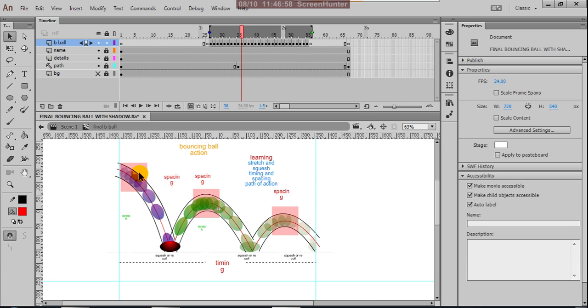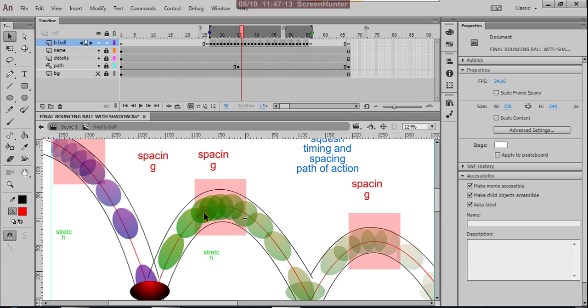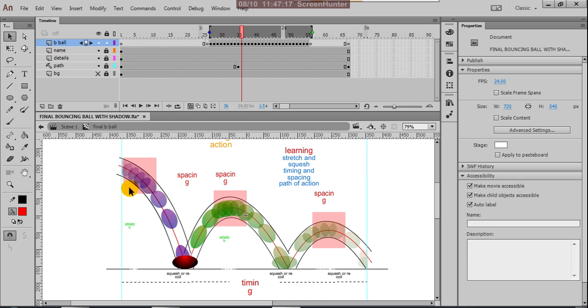So the action is here. This is a very important thing. If you want to understand the bouncing ball properly, there are a few things you have to understand. Maintaining more drawings with less space means the action will be slower. Fewer frames with more space means the action will be much faster.